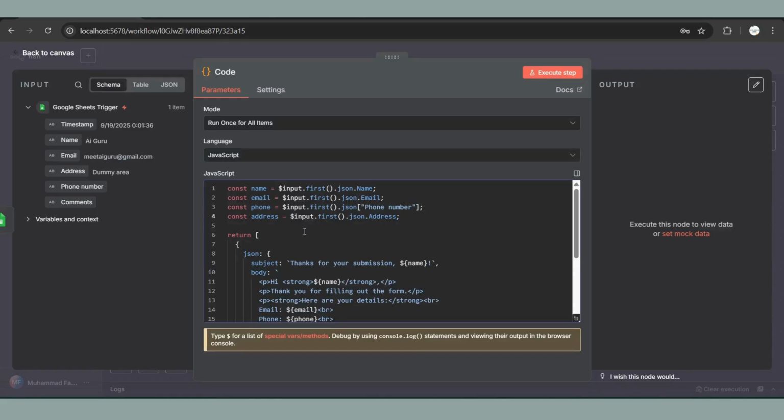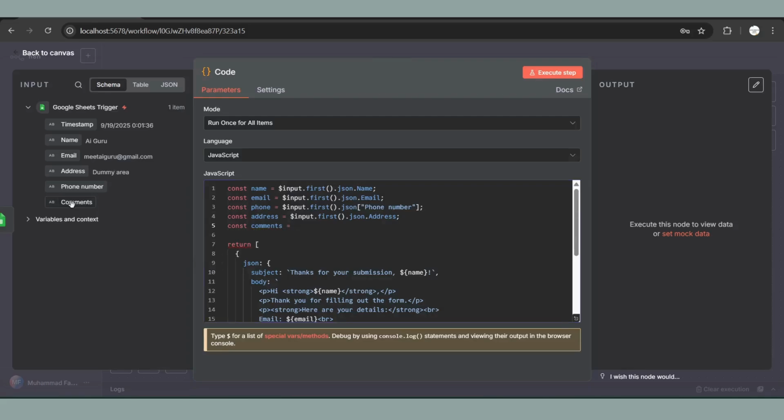Now let me show you how you can add your Google Sheet fields into your emails. For example, we have to add the comments field into the email. So for that, you simply have to type the const here and name it anything you want. For example, it's for the comments field, so I'll just simply name it comments. And after that I'll just simply type is equal to here, and you simply just have to click and hold the click and you just have to leave it here. And after that you simply just have to add the semicolon, and boom, it's done.